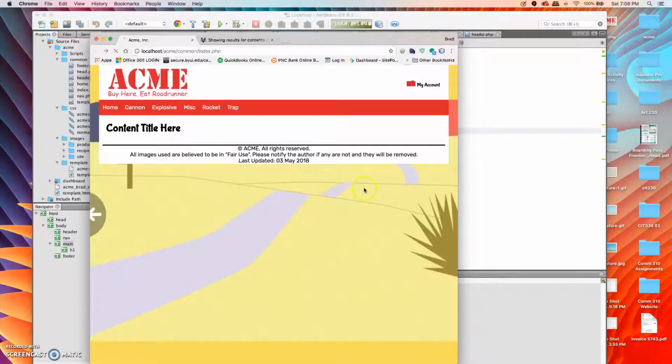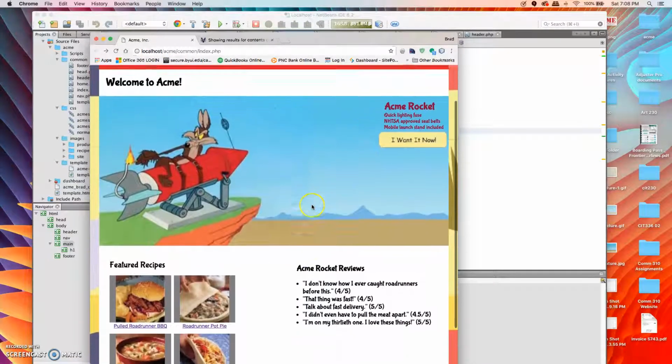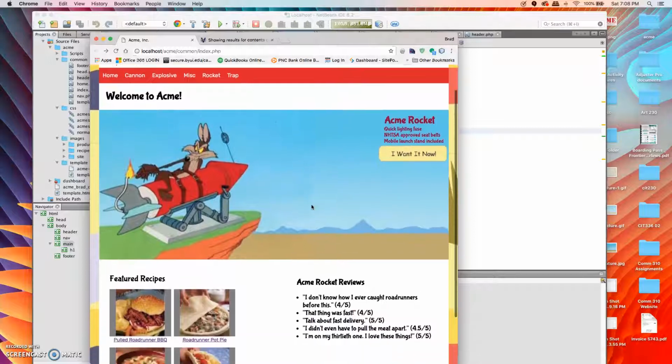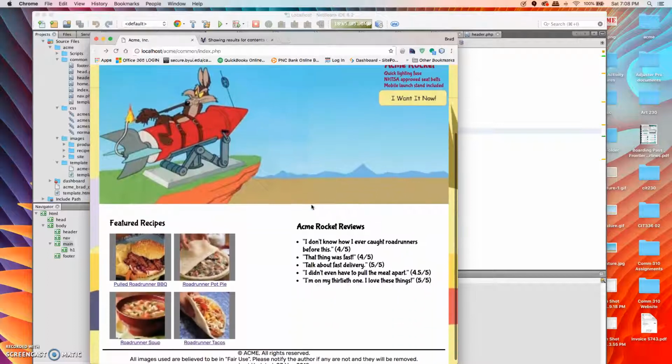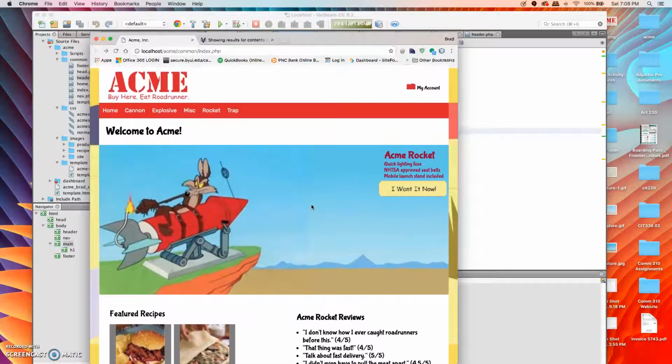Back to the screen. I really enjoyed working on this project. I'm sorry I said product, but anyway, for Enhancement 1, this is the site that we were asked to build,